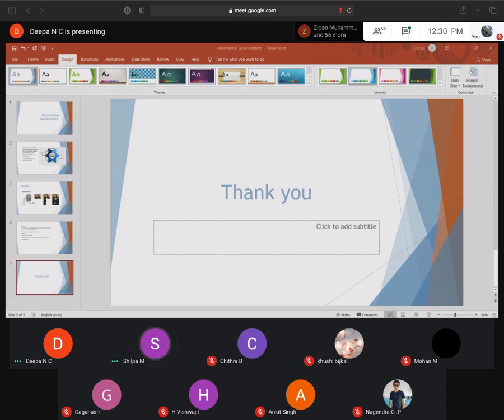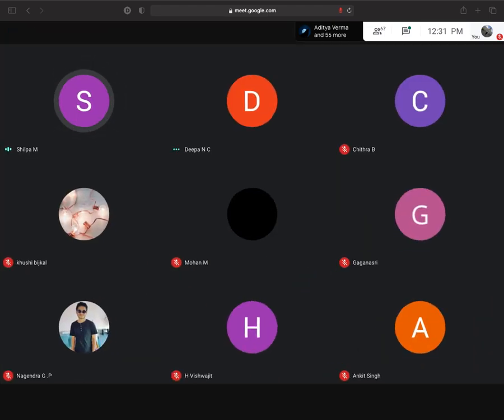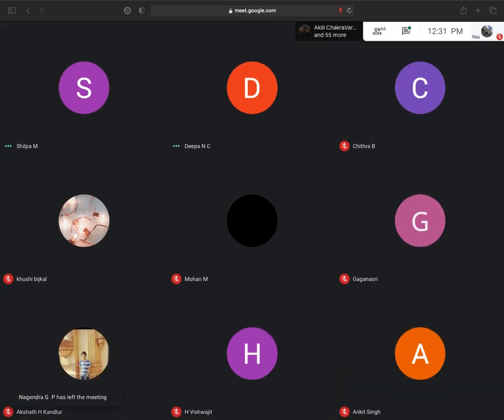Only thing I wanted was, when you're giving these kinds of concepts, in objects and classes which Chitra explained, there you could have given any example like that. But when you're giving a presentation on models like the incremental model or waterfall model or requirements, please try to incorporate the diagram which is there in your textbook. The reason I want that is, by seeing the diagram n number of times, you will know what the steps are and what you have to write in the examination. That's the only reason. Fine. Thank you so much, Deepa.